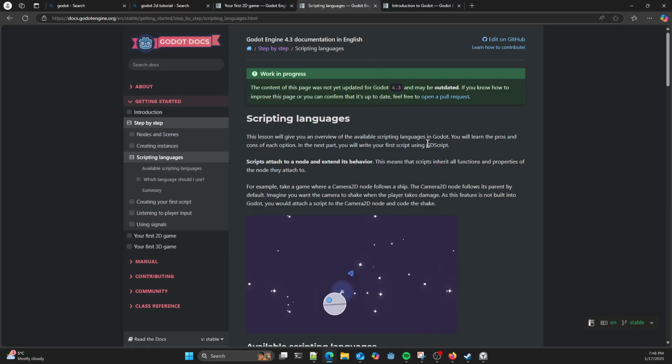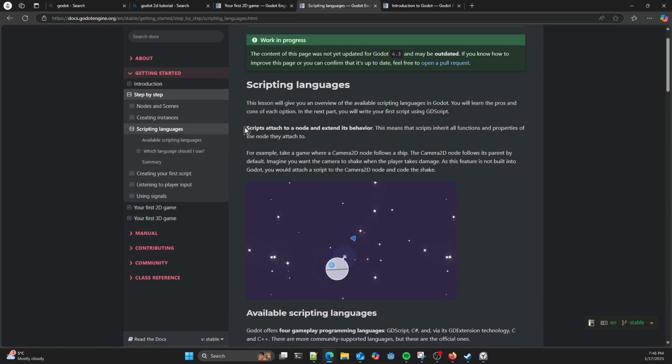All right, scripting languages. We're going to use GDScript in this tutorial. It's not necessarily going to be my favorite because I'm more familiar with other languages, but from what I've seen of it so far, it's pretty nice. It's very easy to use. It's very Python-like.